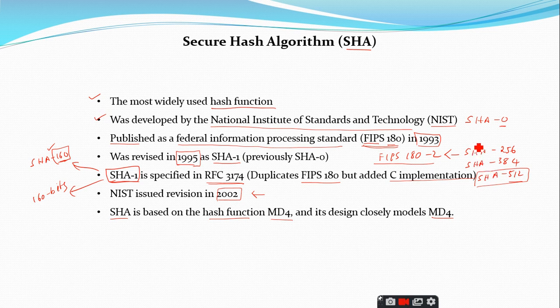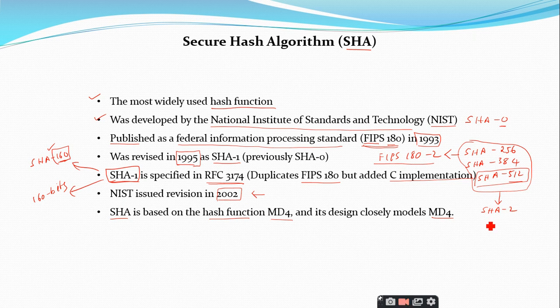And all these SHA-256, SHA-384 and SHA-512, they are combinedly grouped and they are simply called as SHA-2. Don't worry about this SHA-0, it is the initial version that was developed, but you should understand that SHA-1 means you are discussing about SHA-160, and SHA-2 means you are discussing about all these 3 versions, that is SHA-256, SHA-384 and SHA-512. They are combinedly called as SHA-2. It's a new version.